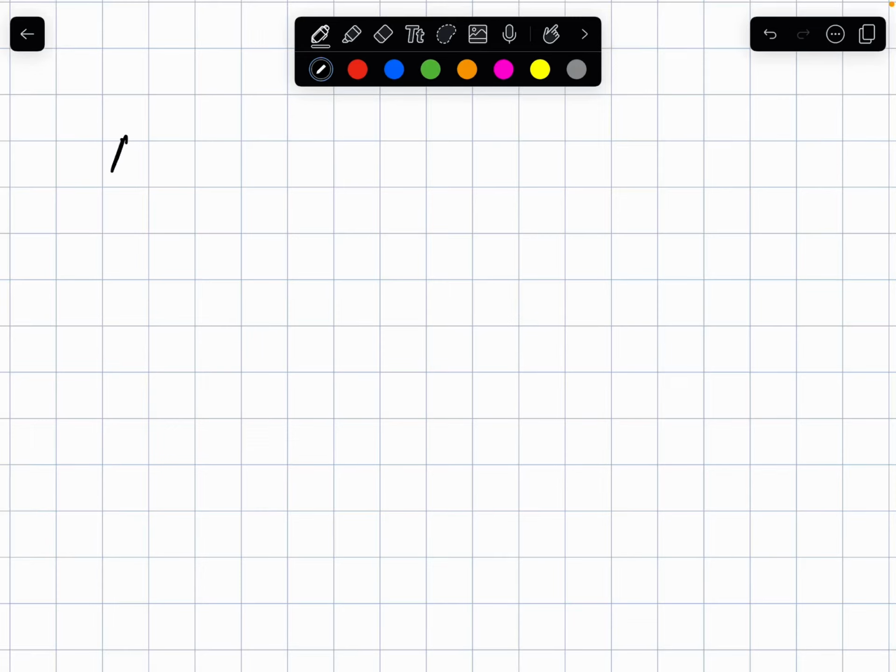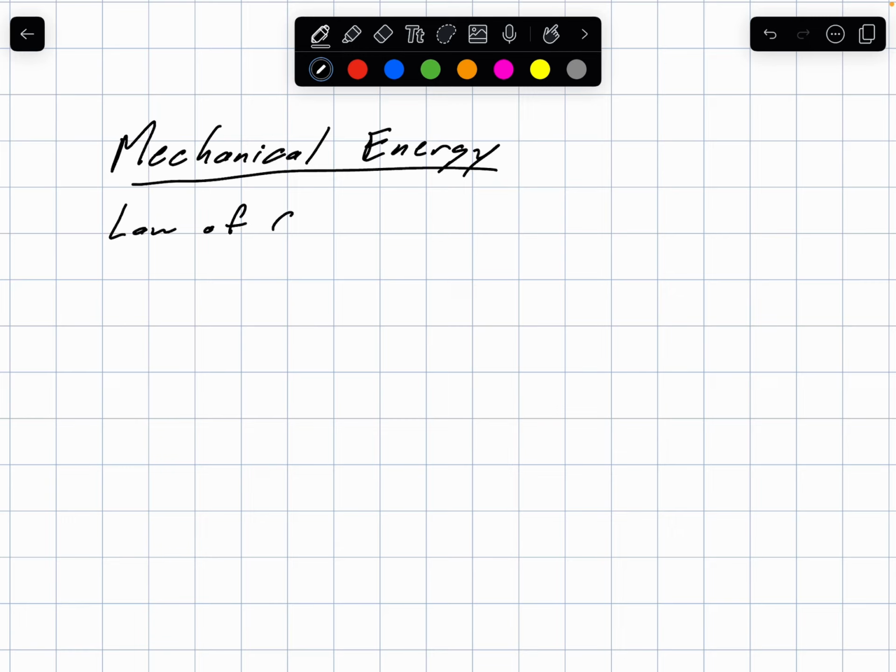So when we're studying mechanical energy, there are three types of energy that we need to be aware of in our problem solving. Right? And there's another type of energy that we need to be aware of as well, but it's not a type of mechanical energy, but it's one that we need in order to account for what we call the law of conservation of energy. And the law of conservation of energy says